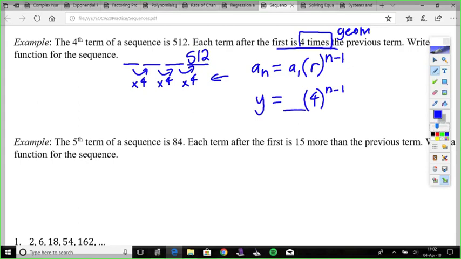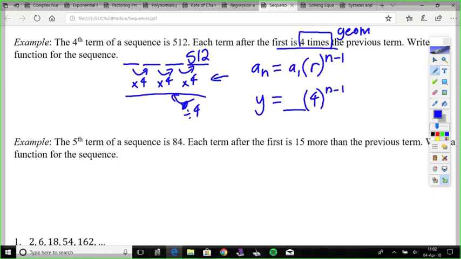All I need to finish this function off is the first term. I'm going to leave n alone because I'm just writing a function here, not trying to use it for anything right now. So how do I know what the first term is? Here's a couple ways you can do this. Since I know that multiplying by 4 gets me to where I need to go, what if I take 512 and divide it by 4